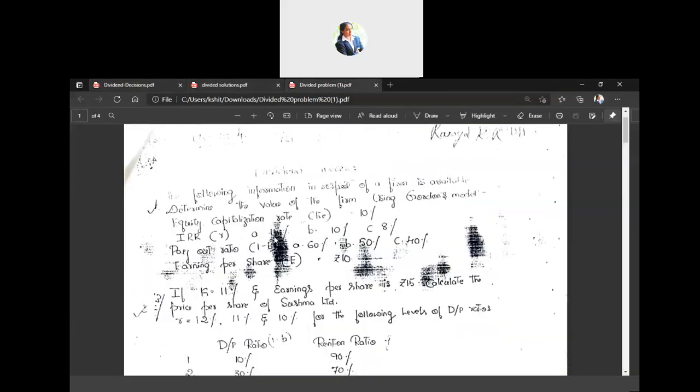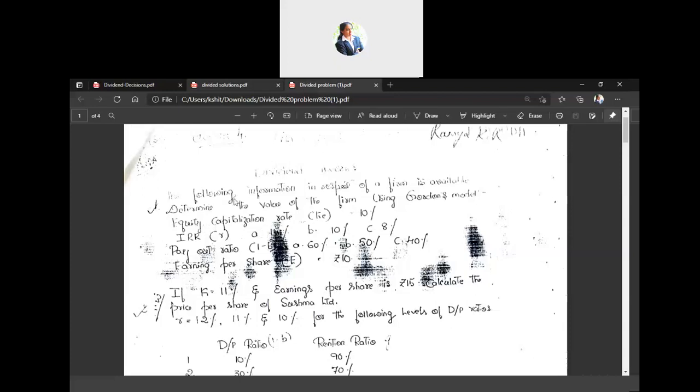For situation A, the internal rate of return is 15%. So, taking into consideration the R and KE, for situation A, it is a growth firm because R is more than that of KE. For situation B, it shall be a constant firm where R is equal to that of KE. And situation C represents a declining firm where internal rate of return is lesser than that